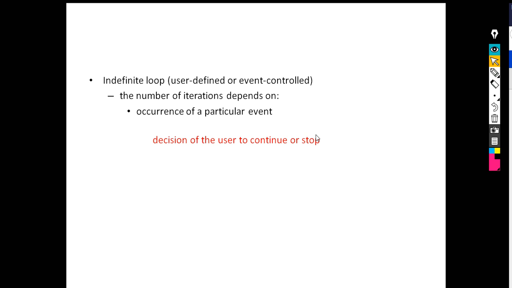So this is another thing that is going to look a little bit different, but has some similarities to the occurrence of a particular event, because the event is that the user says, I want to stop. But anyways, the decision of the user to continue or stop directly is another way that you can write indefinite loops. And so we'll look at that